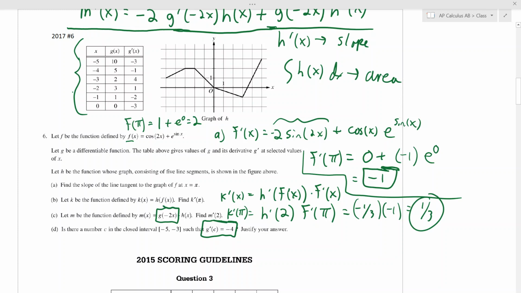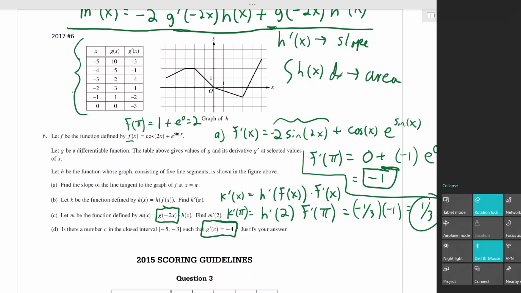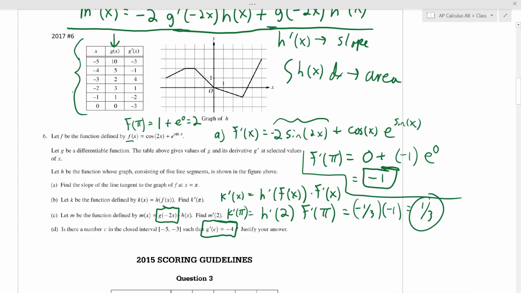But, and here's the kicker, they're trying to trick you. If they ask you about G prime and they give you values for G, then you can use MVT. Because remember what the mean value theorem says. It says the average rate of change of G, whatever that happens to be, the derivative will have to equal it somewhere. I know it's weird. They give you values for G prime, and a lot of times students want to use IVT, which you should. But if they also give you values for G, you've got to worry about MVT. And it's not going to be super difficult, because whatever interval they give you, negative 5 to negative 3, the average rate of change is like 99% of the time going to be the value you want it to be,